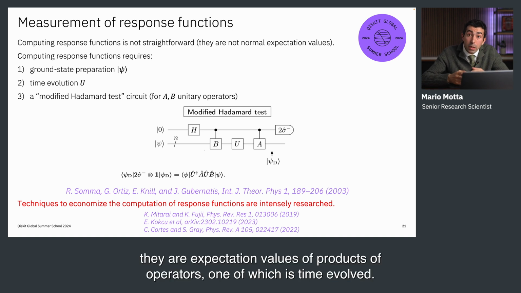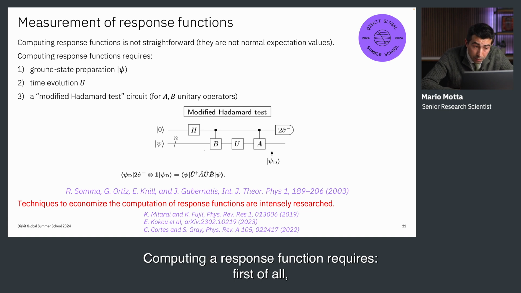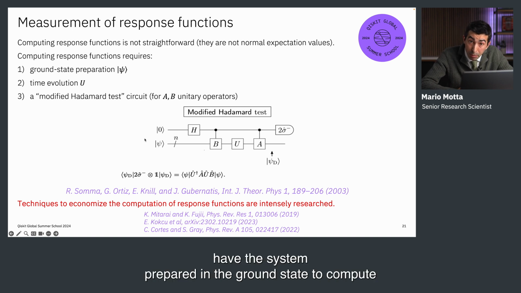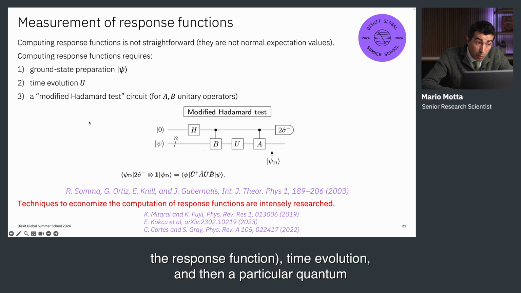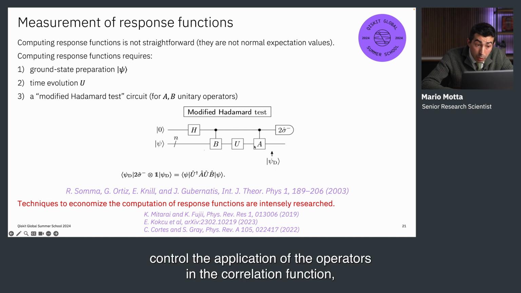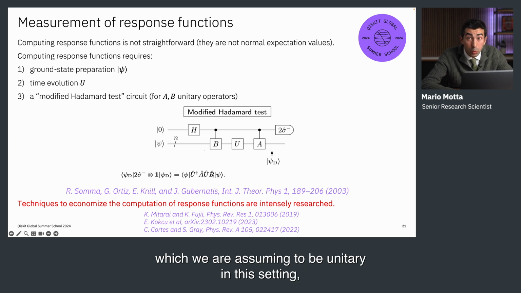They are expectation values of products of operators, one of which is time evolved. Computing a response function requires, first of all, a ground state preparation. We have to have the system prepared in the ground state to compute the response function, a time evolution, and then a particular quantum circuit called the modified Hadamard test, which involves controlled application of the operators in the correlation function, which we are assuming to be unitary in this setting,